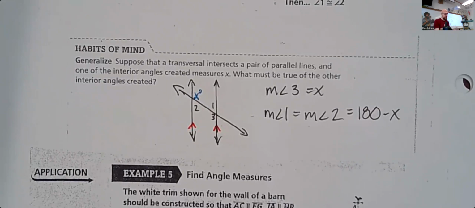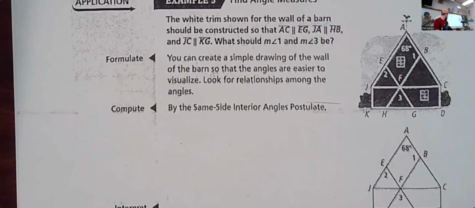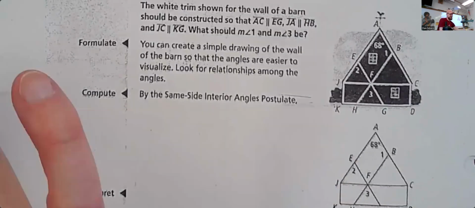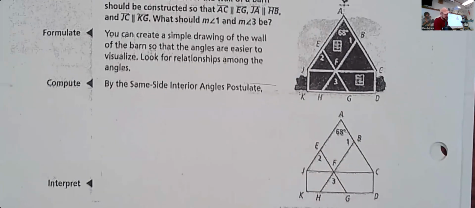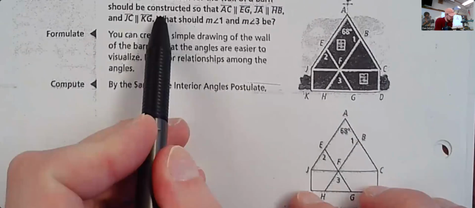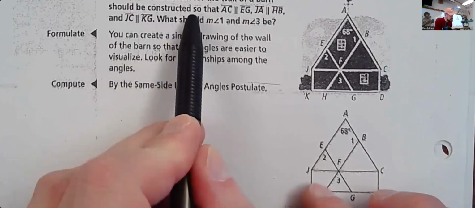All right, let's keep going. Now we get to talk about barns, which I know you are all looking forward to. So, example 5, finding angle measures. There's a lot more going on in this diagram, so we're going to go ahead and ratchet up the complexity a bit, huh? All right, the white trim shown for the wall of a barn should be constructed so that